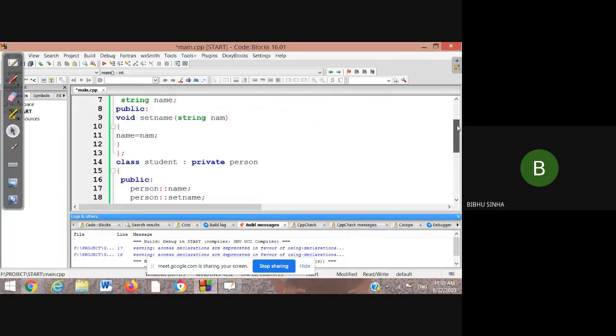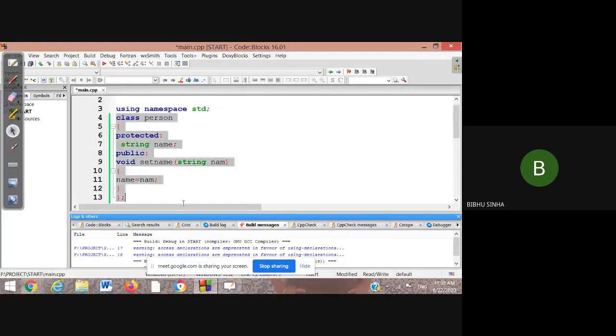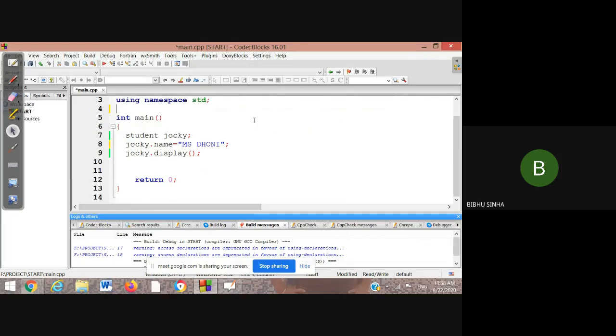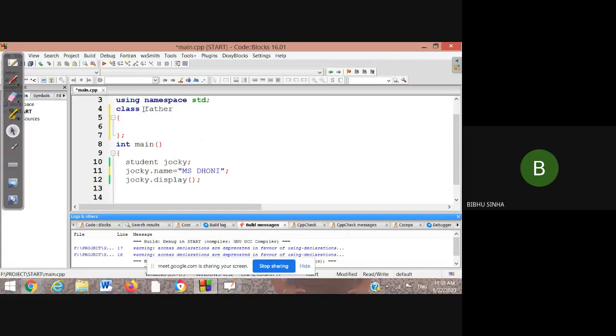And now, in the previous code I am just going to remove the previous class, and coming to this part, we are taking a class. I am taking one class, the father, and I am taking protected data here. The access level is protected, and in that we are taking integer data. I'm just taking the height. Height is the variable here.